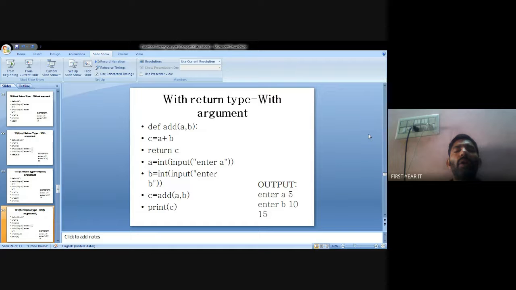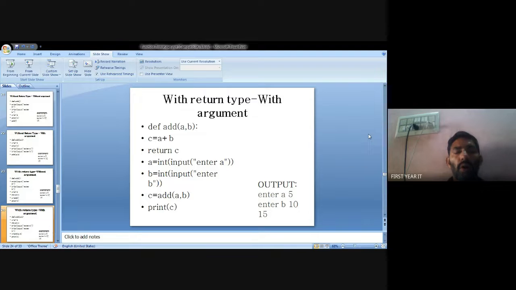Add is the function you called, add of a comma b. So a value is 5, b value is 10. Then the result is stored in c. After calling the function, the main function prints c. Okay, so the total value is 15. This is called with return types and with arguments.